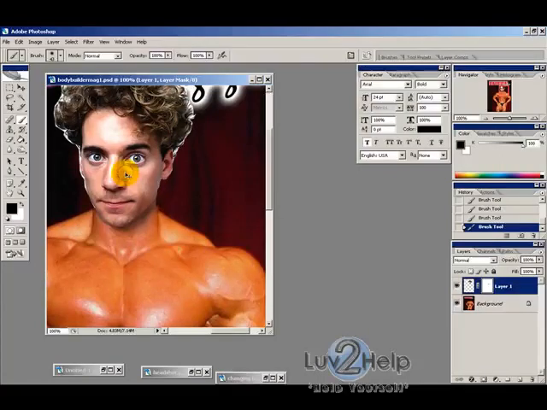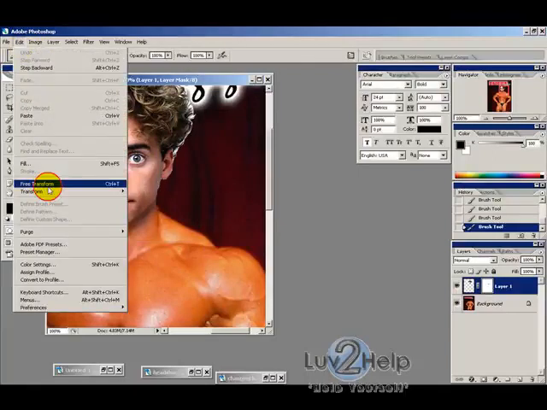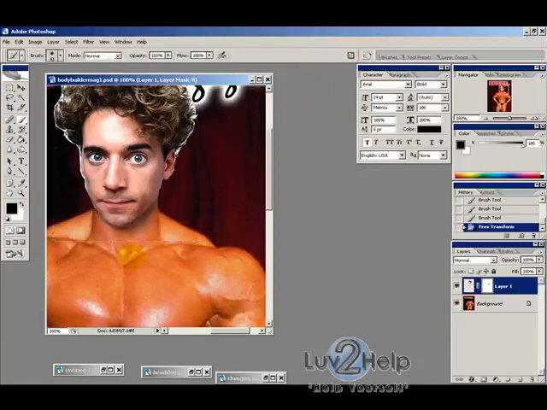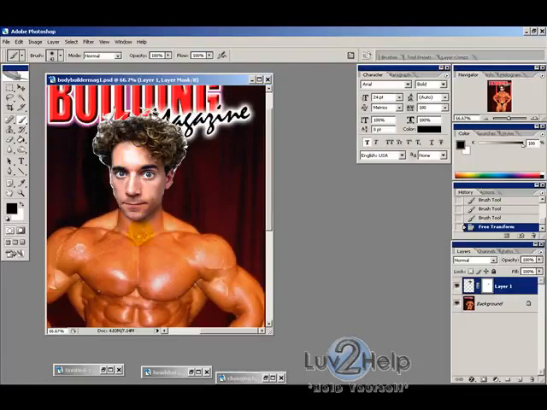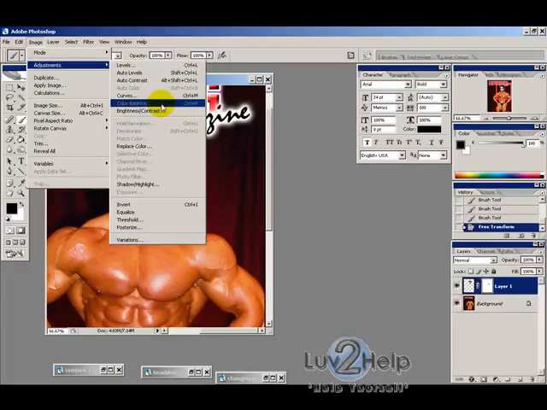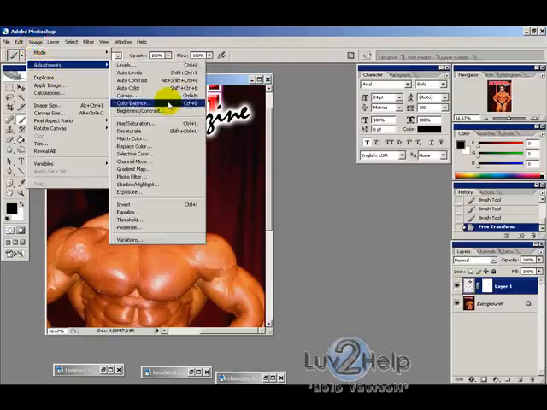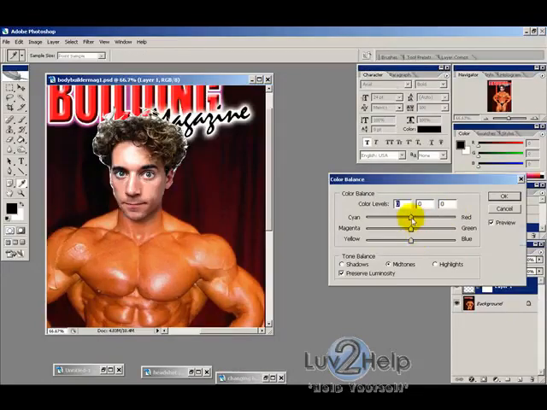Now you can see it doesn't line up here exactly, so I'm just going to go into edit, transform, and then just pull that across just like so, and then give that a tick. Now what we want to do is match the color of the head to the body. So to do this, well, first we want to select the image here, not the layer mask, and then go into image adjustments, color balance. And you just really got to play around with these until you get the right color that you're after. Okay, so probably going to go maybe about minus 77 here, probably minus 28, and maybe about plus